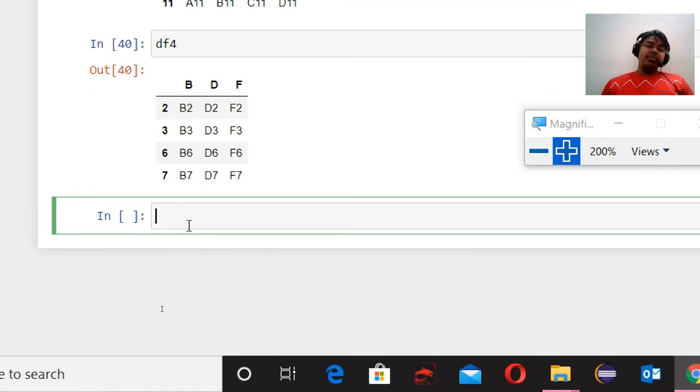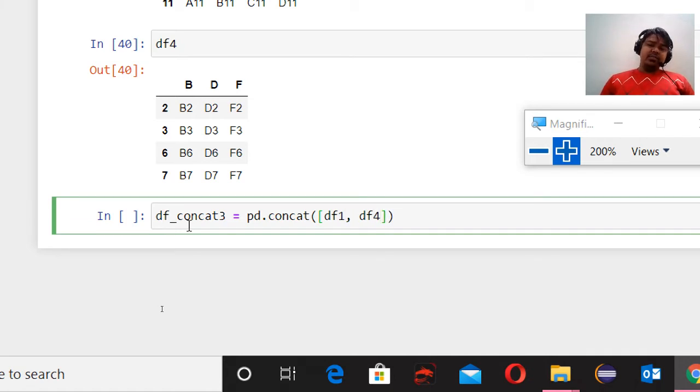Again, the concat function would be used, pd.concat, and instead of passing the frames, let's say we want to concat data frame 1 with data frame 4, that is horizontally, like this. So we'll be making the list at runtime. We won't be making the list in advance like we made the frame 1 list. So we will be passing df1 over here and then df4.